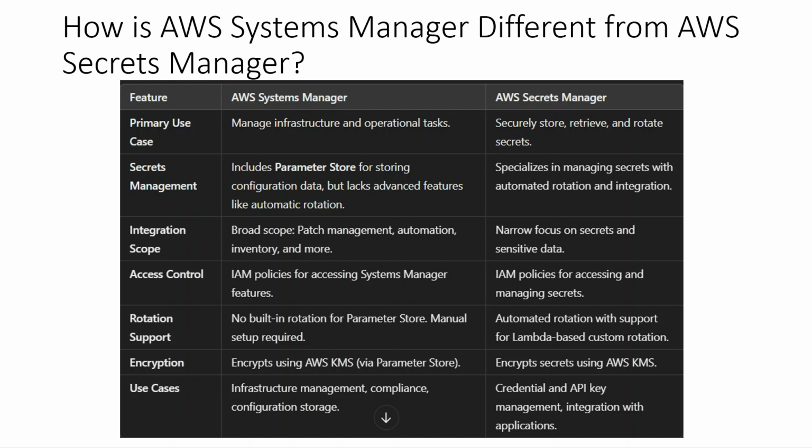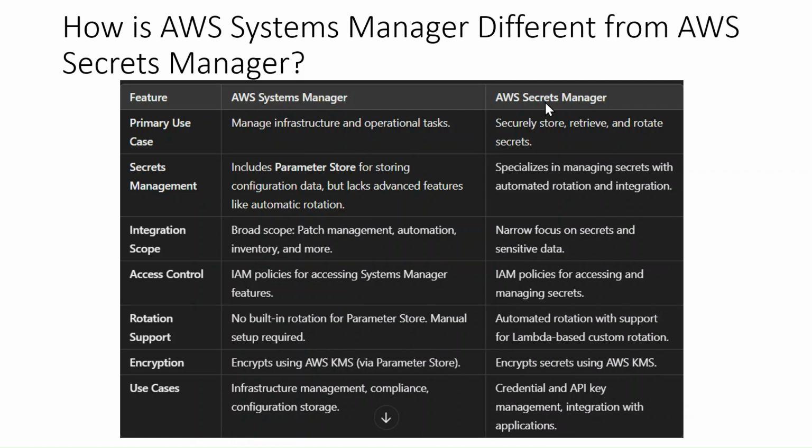The IAM permissions are quite similar. Next, rotation support. There is no built-in rotation for parameter store, so we need to update the value manually, but here with the help of Lambda we can do it. Next is encryption. Parameter store encrypts using AWS KMS keys, and secret manager directly uses an AWS KMS key by default. Next is use case, which we have already understood: infrastructure management and so on. And here the credentials for API keys are for managing integrations with applications too. Okay, so these are quite the differences